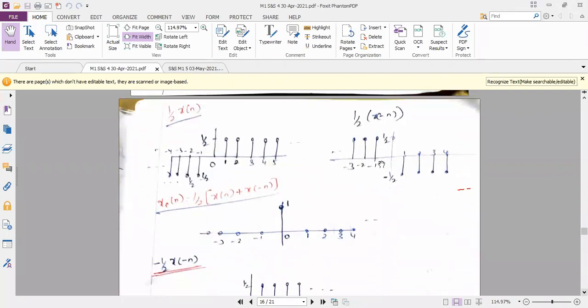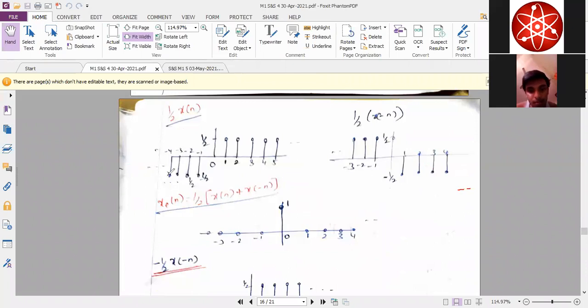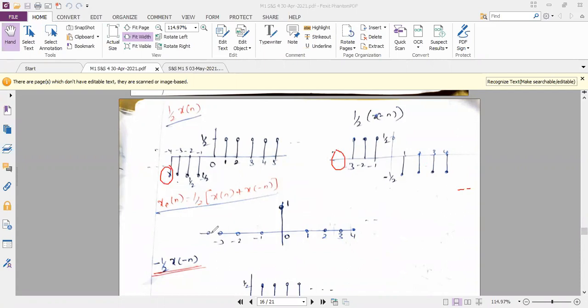Okay. So when we add both the signals at minus 4, it is minus 1 by 2 plus 1 by 2, which becomes 0. The same thing will continue. If you add minus 1 by 2 and plus 1 by 2 at the left hand side, all the samples become 0. But only at 0, you can see the amplitude is 1 by 2 in this one, and the amplitude is also 1 by 2 in the other. For both the terms, at 0, the amplitude is 1 by 2.